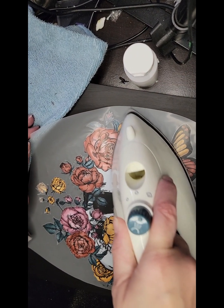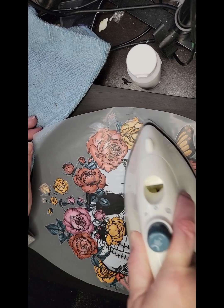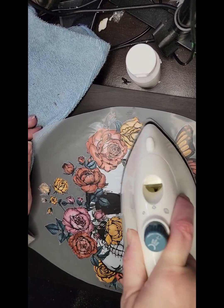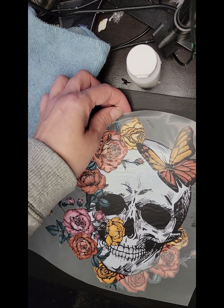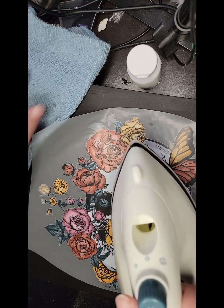So I saw here a little bit was still attached to the transfer paper, so I'm just going back over it again and just going over that little spot again, and just really trying not to nick the paint with the